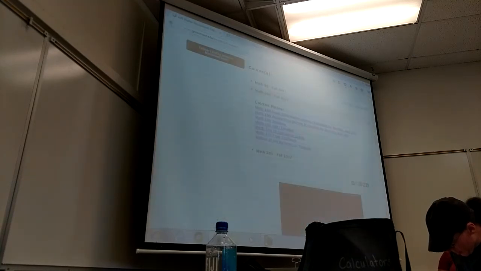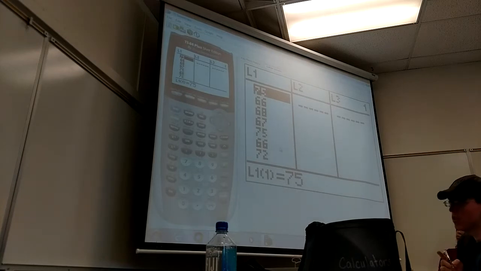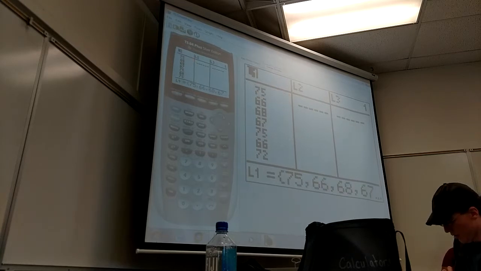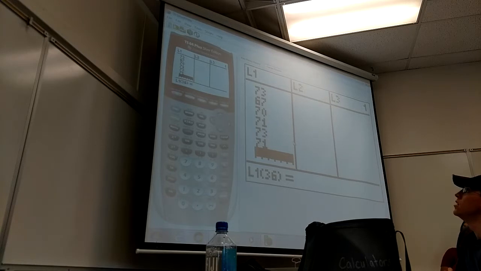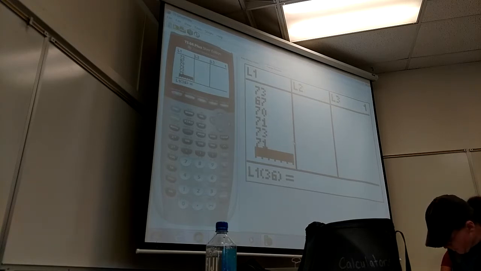All right. So once I put all the data in, make sure, what sucks is you get to the bottom and you're like, I only had 35 data points, not 36. Well, that's a blank spot, so you're good. Make sure you get the right number of data points at least. And then you go back